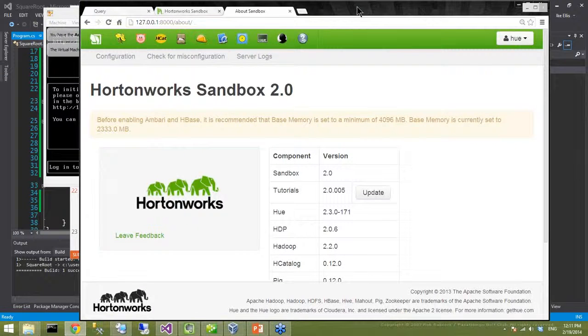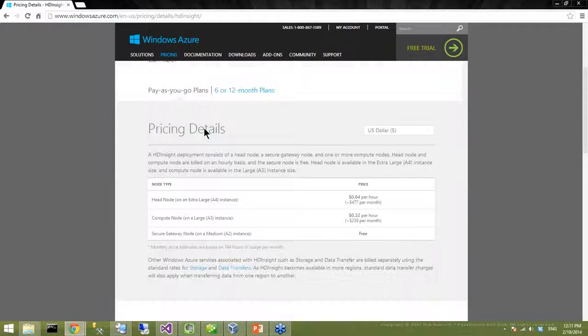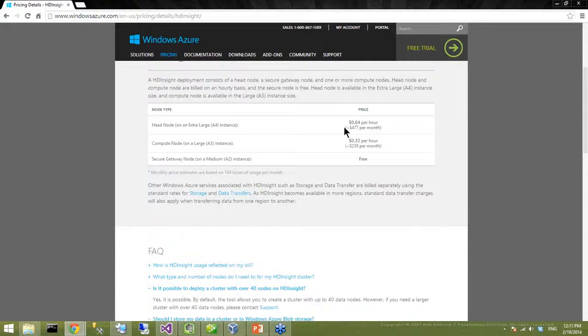You asked an original question: how can I play with it using HD Insight? HD Insight's the Azure offering. In order to really use HD Insight, you have to use Azure, and you have to pay, and the pay is expensive. If you want one node, it's like $500 a month.